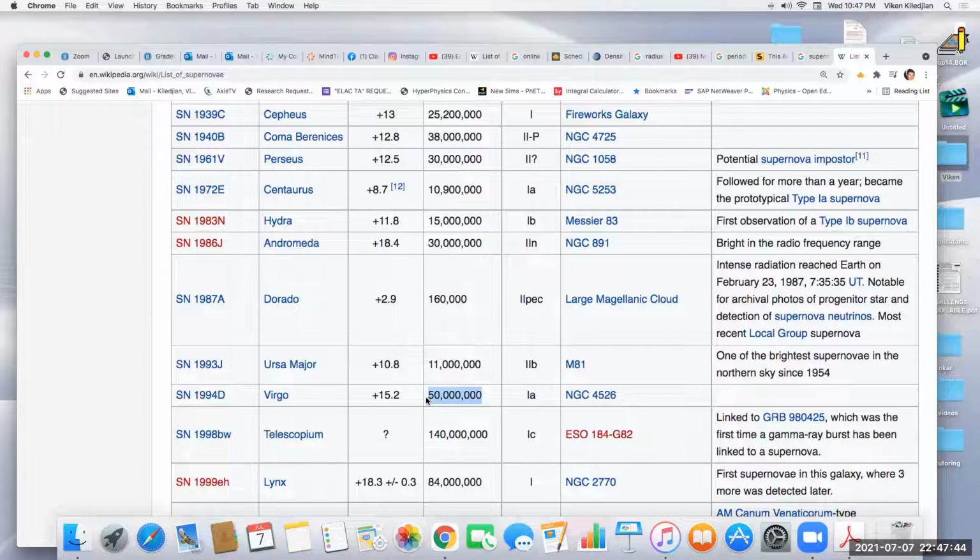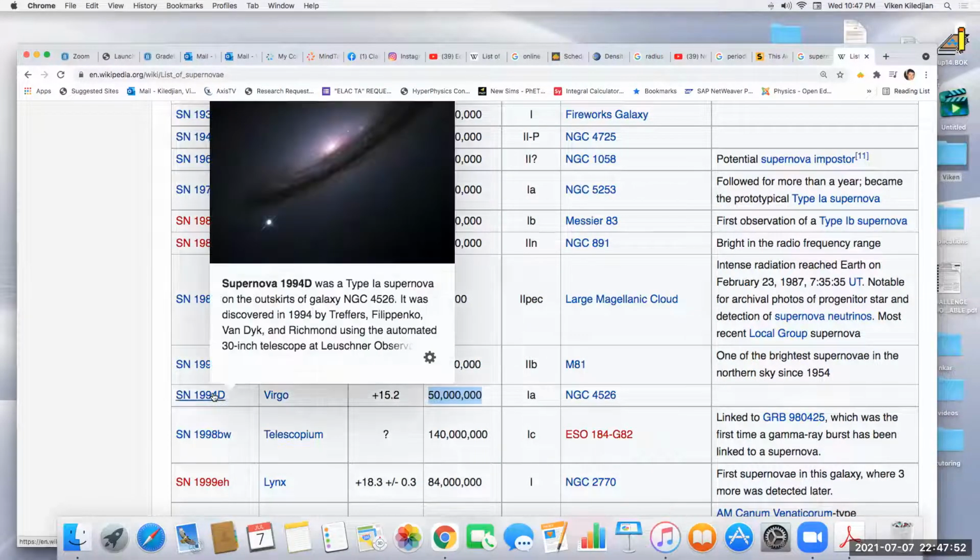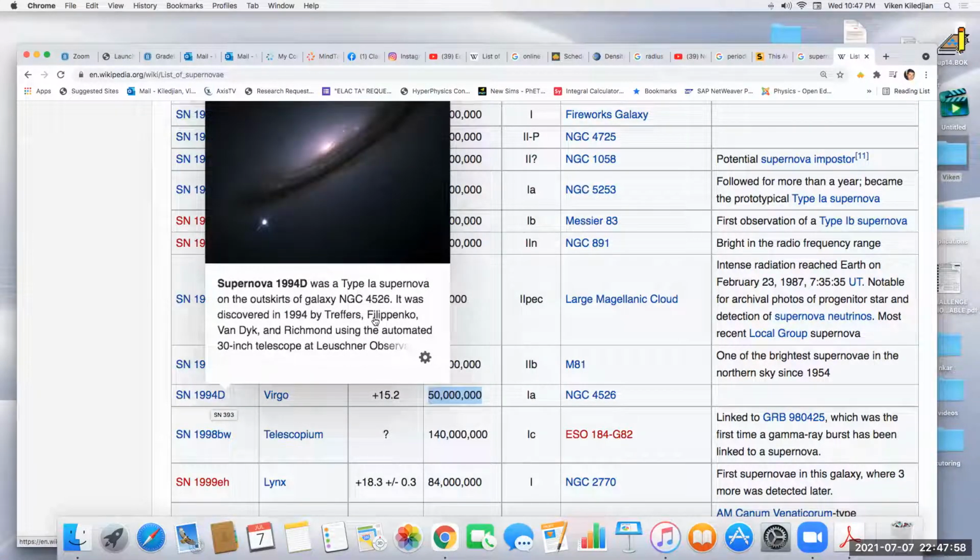Just from that, can you predict what the answers to this question should be for the 1994D type 1A supernova? Actually, I know Alex Filipenko, a famous astronomer up at UC Berkeley. It was discovered by his team in 1994D. So if it's 50 million light years,